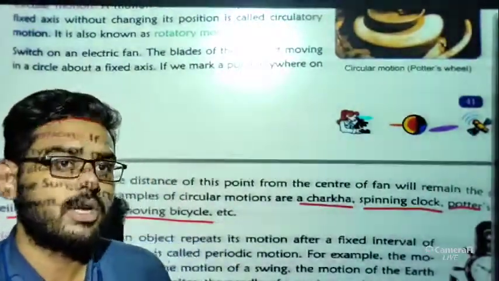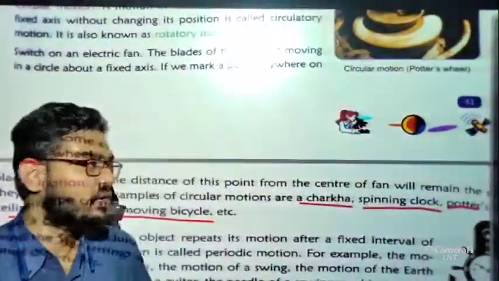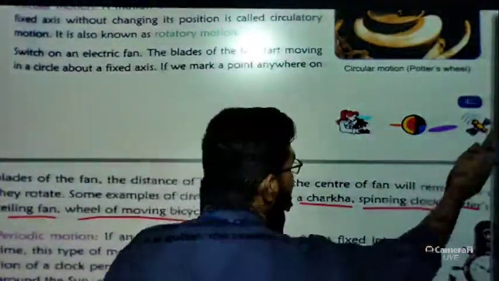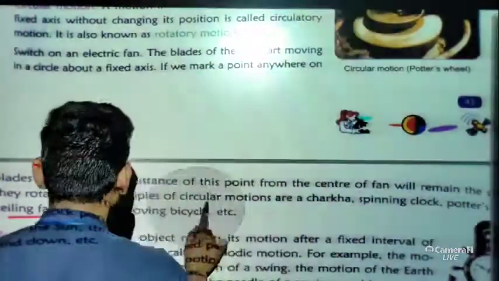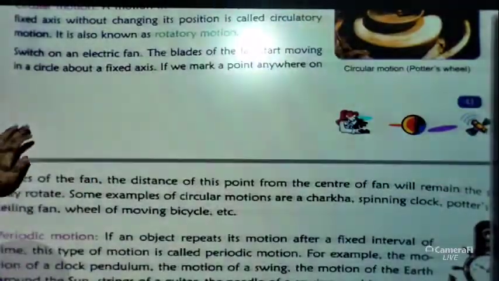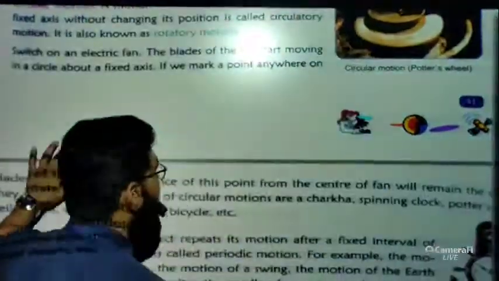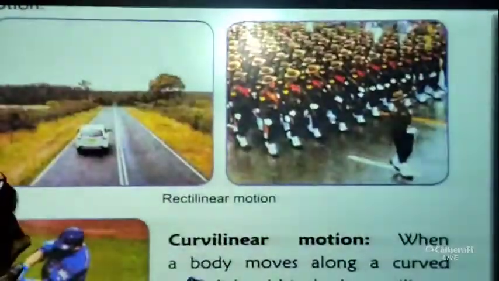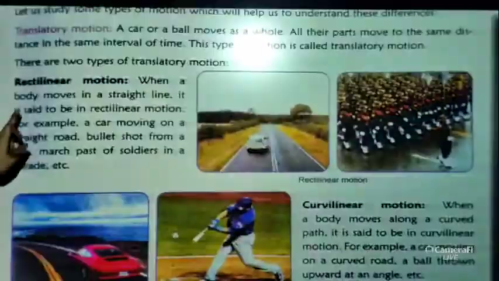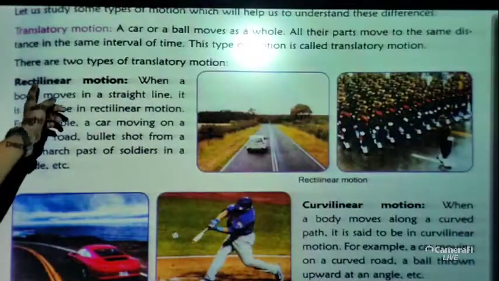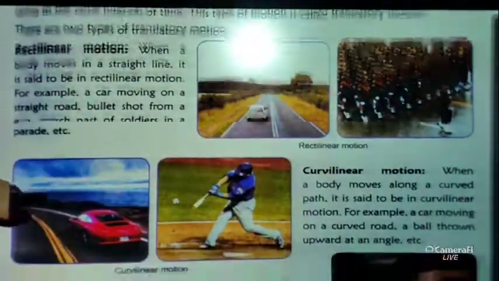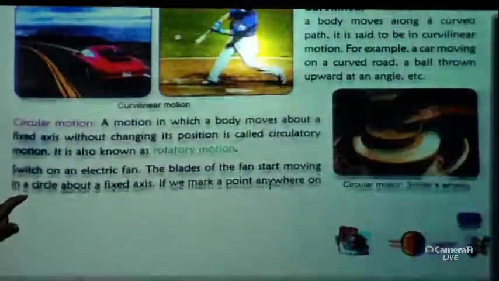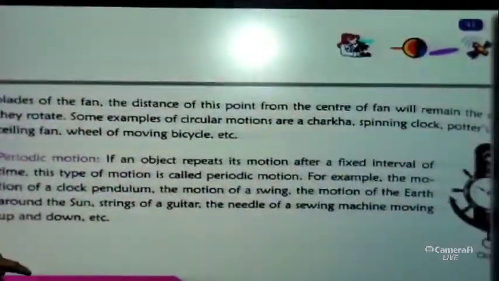We have read about curved motion, or circular motion. So three kinds of motions till now we have read. Just have a look. What are the three kinds of motion? First of all we have read about rectilinear motion. These are the parts of translatory motion. So rectilinear motion, then we have read curvilinear motion, then circular motion, and lastly we are going